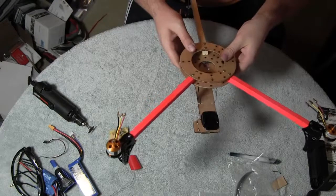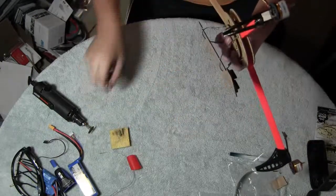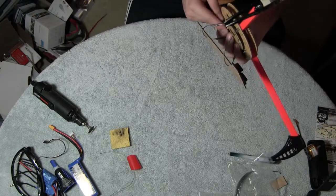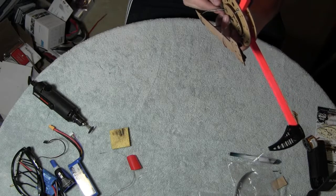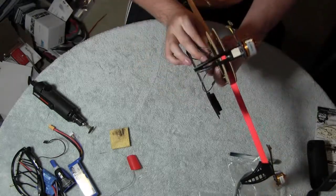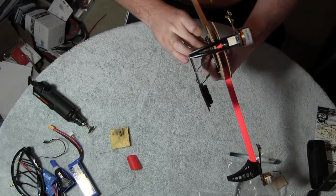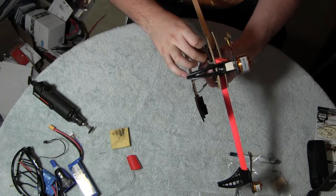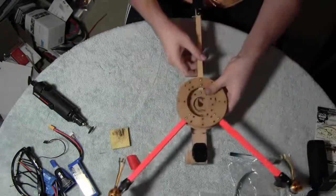Alright, so I'm just going to leave that like that for now. Do the other one. Drop that down and screw this on. Nope, didn't work yet. Easier way to do this might just be to use some pliers. Of course, I just put mine away. Okay, so